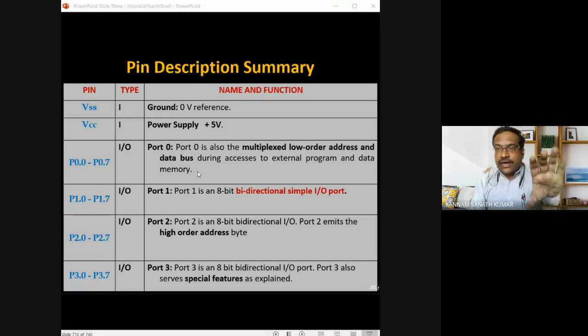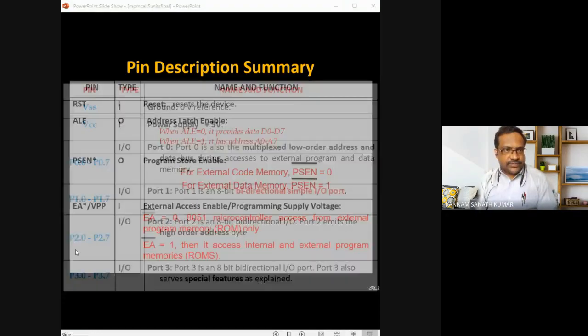Multiplexed lower order address lines AD0 to AD7 are available in port 0.0 to 0.7. And if you observe port 2.0 to 2.7, this can act as an input and output port with multiple functions. It consists of higher order address lines. So this is about the pin description.